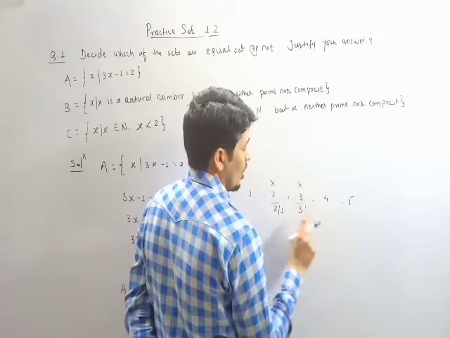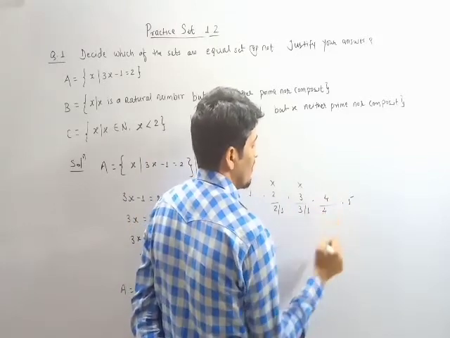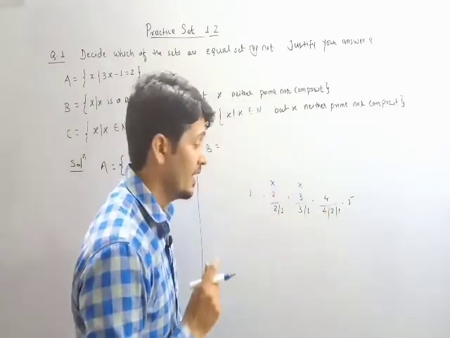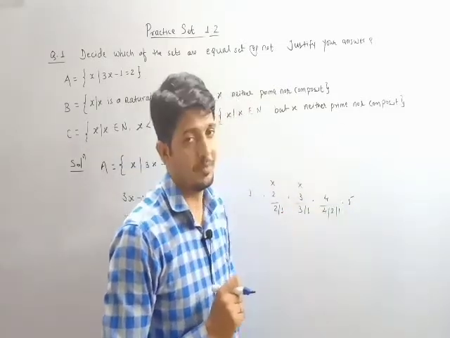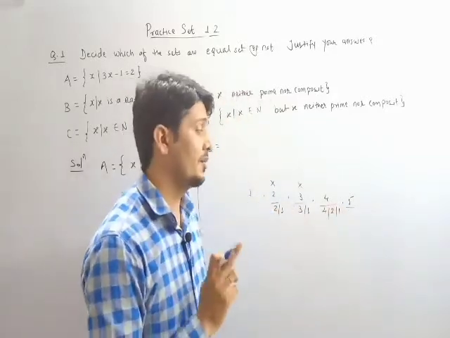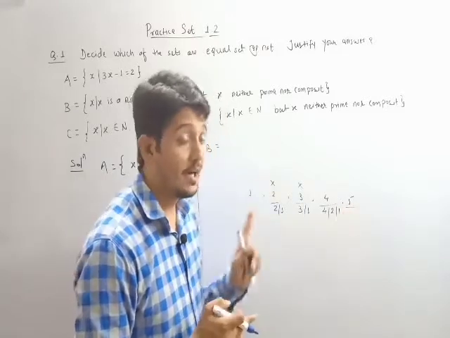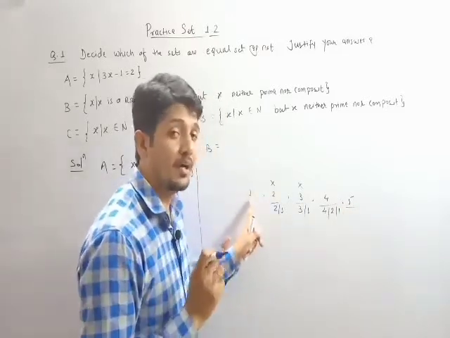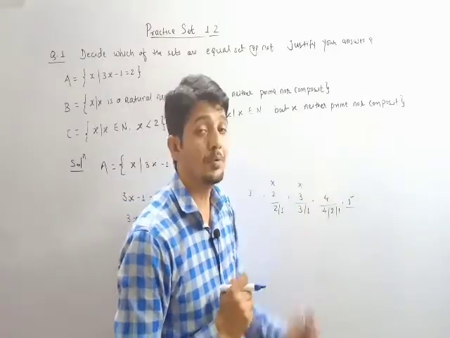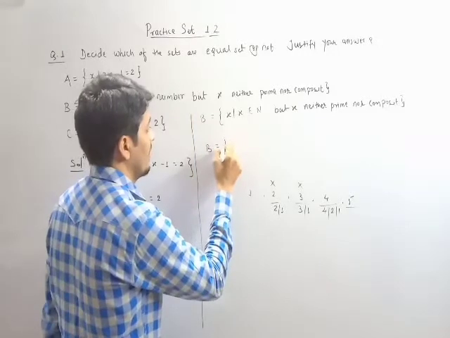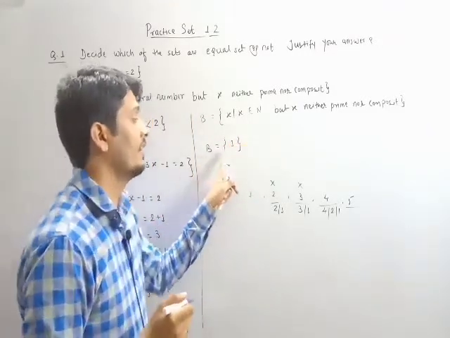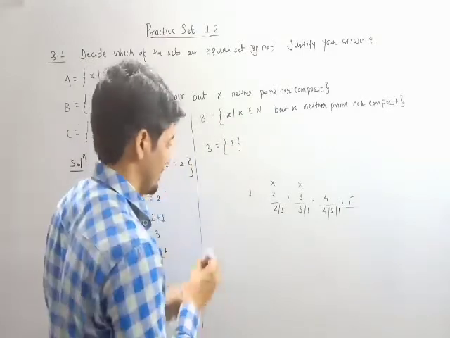So if we talk about the 4, so 4 is divisible by 4, 4 is divisible by 2, and 4 is divisible by 1. That means 4 is composite number. What about 5? 5 is divisible by 5 and divisible by 1. That means it is again a prime number. That means we have only one number which belongs to natural number and which is neither prime nor composite. That means we have to write here 1 only. So the set B contain one element only.